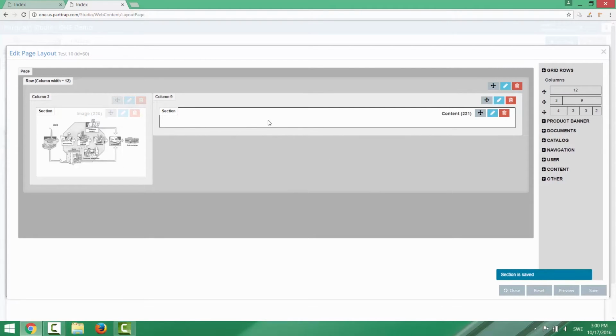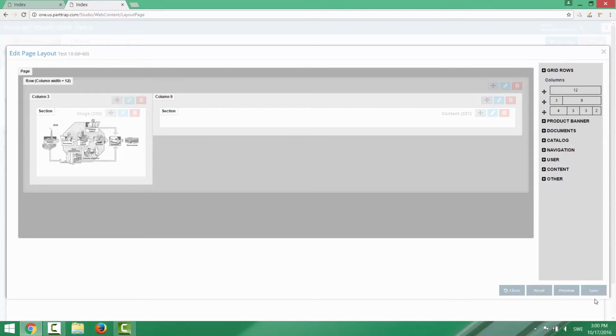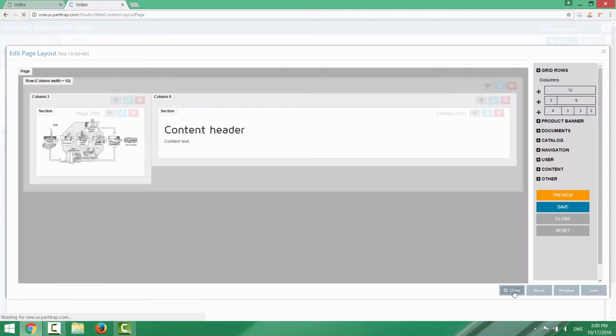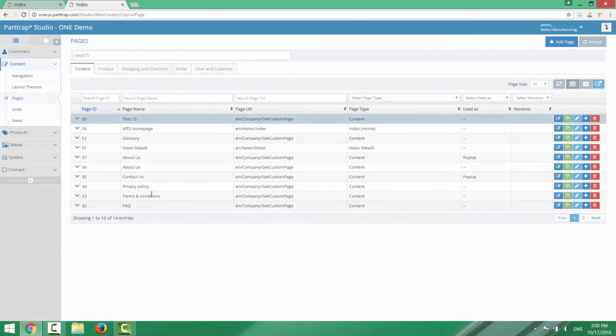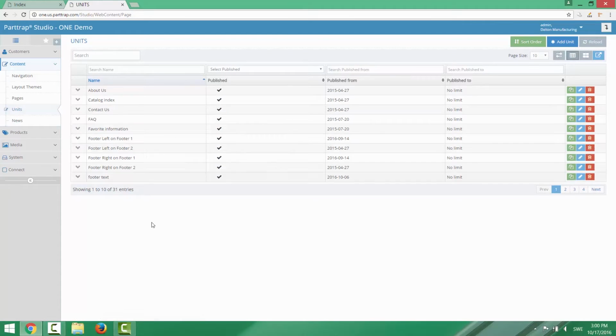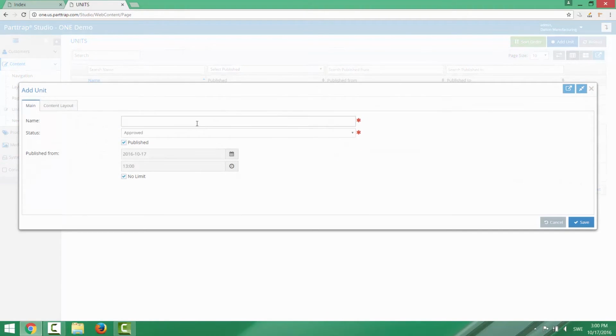So now I will save this and then go into the content unit and add an image to the content unit, and then select that content unit to display here on the page. So I save this and leave the page for now. I will now move into content units, and I will create a new content unit. Let's call it content unit with image,